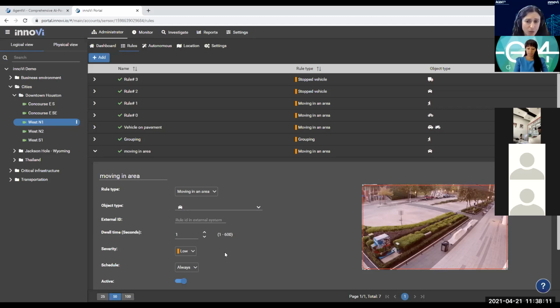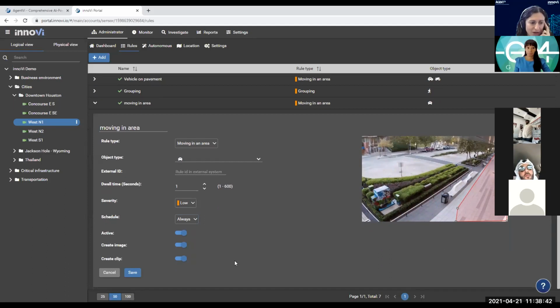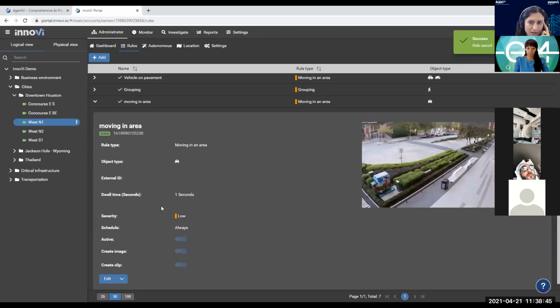Here you can see, without any training, and I'm not a technical person, the only thing I need to do here is to be able to select an area of interest. So my drawing skills are not fantastic, but let's say we select an area that we're interested in detection. We can set the dwelling time to whatever we want, the severity, so we get alerted if this is really a priority event. And obviously we can always schedule events according to the times that are of interest. And then very, very simply, you save the event,